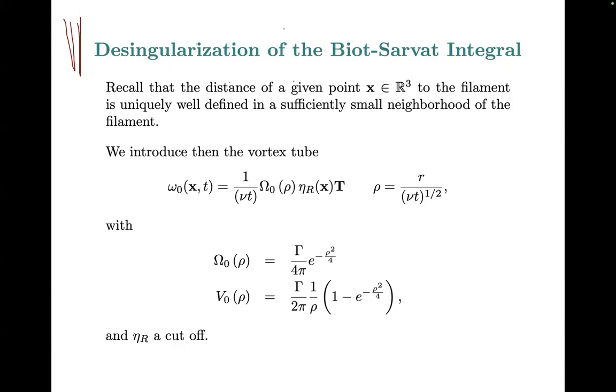Gaussian. And as you see, this v0 of rho decays at infinity like 1 over rho, because the Gaussian e to the minus rho square is negligible at infinity, but at 0 it is 0, right? Because 1 minus e to the minus rho square is rho square, which divided by rho gives you rho. So the velocity of the leading order of the vorticity at the center of the curve is 0,